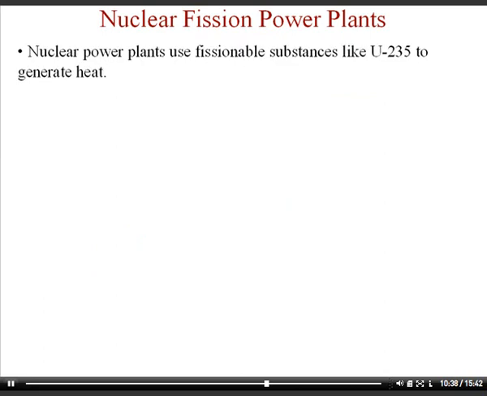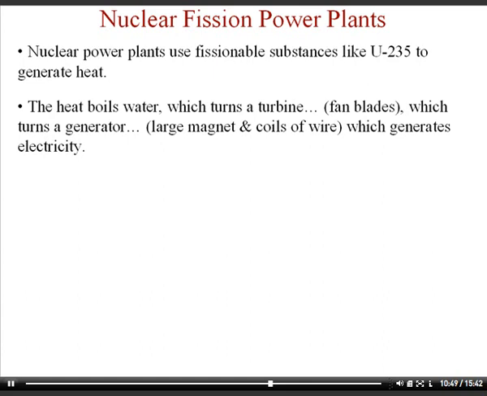And nuclear fission power plants is what we have in Clinton, Illinois, right next to Champaign, Illinois. Nuclear power plants use fissionable materials, substances like uranium-235, to generate heat. Now the heat boils water. The water turns into steam, and the steam turns what's called a turbine, or a giant fan blade, and that